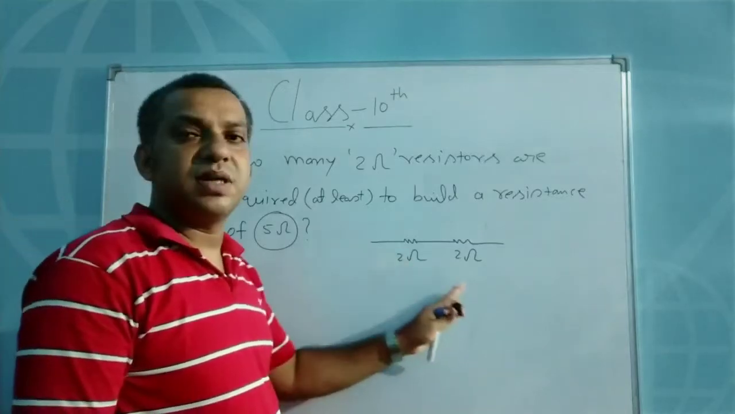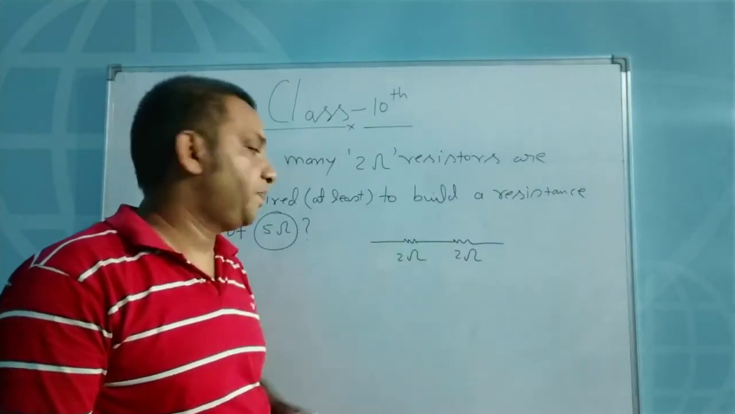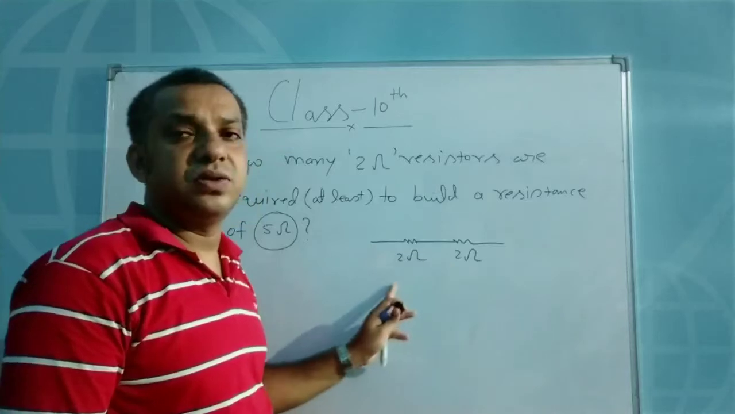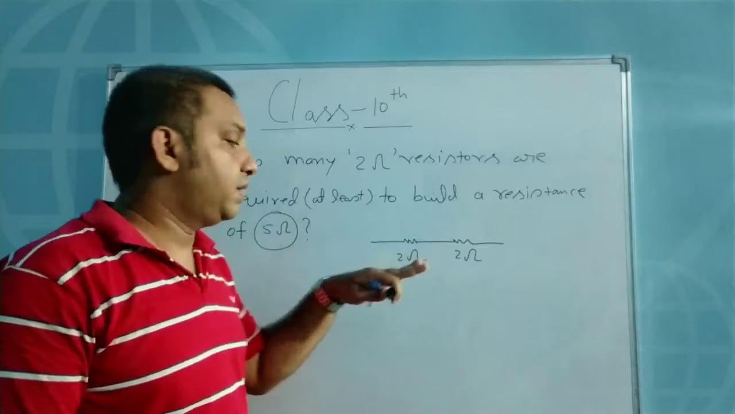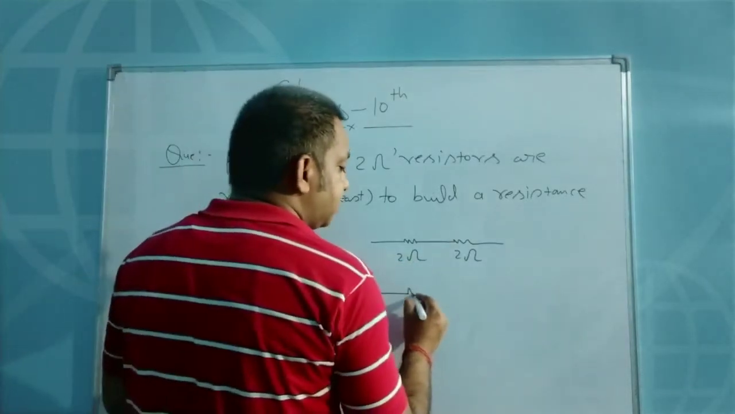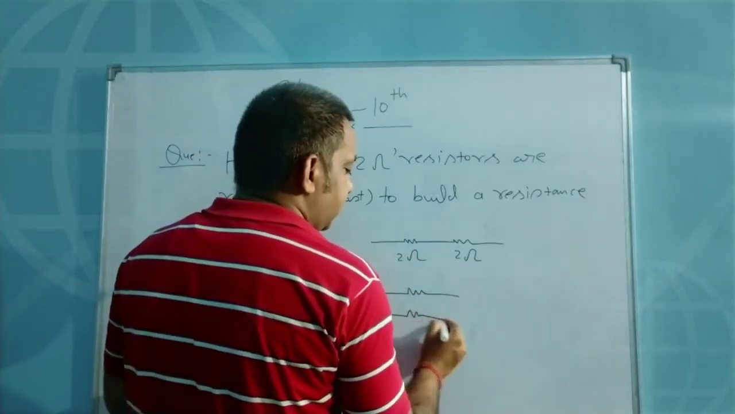You will get R1 plus R2, that means 2 plus 2, that is 4 ohm. So you just see, when you are connecting the 2 resistors in the series combination, you are getting the R net greater, right? And when you connect the 2 resistors